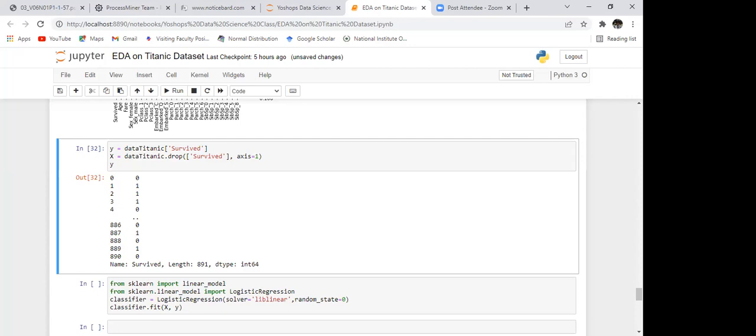The test data is this one. So you have only those variables that you need. Once again, the same thing you need to do with the test data. Just check whether you have any null values. It shows you have null values. Age has 86 null values, so you can do the same thing again here. You can find the mean and fill the null values with the mean values.